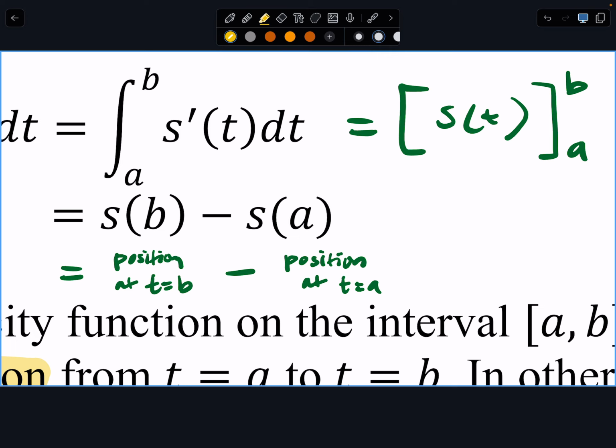I can credit Annabelle for this specific example last year, because she was trying to wrap her brain around why the integral of a velocity function is a change in position. Why is it equal to displacement, something in units that describe distance? So if we think about having a function